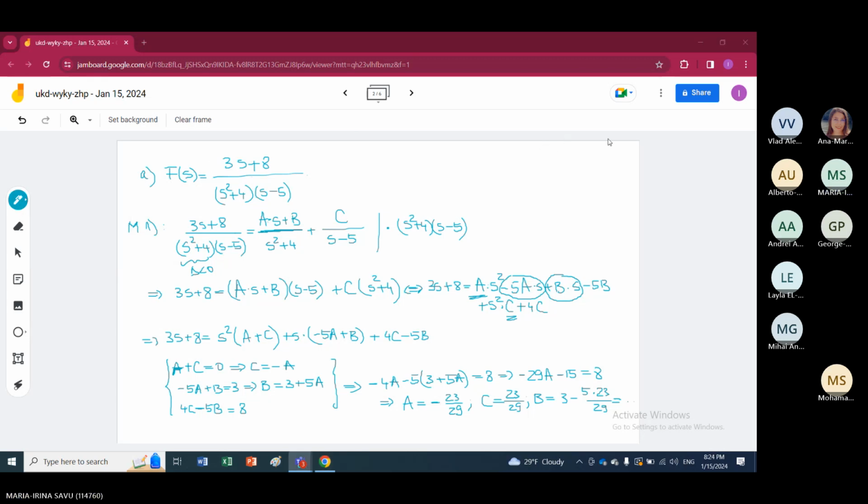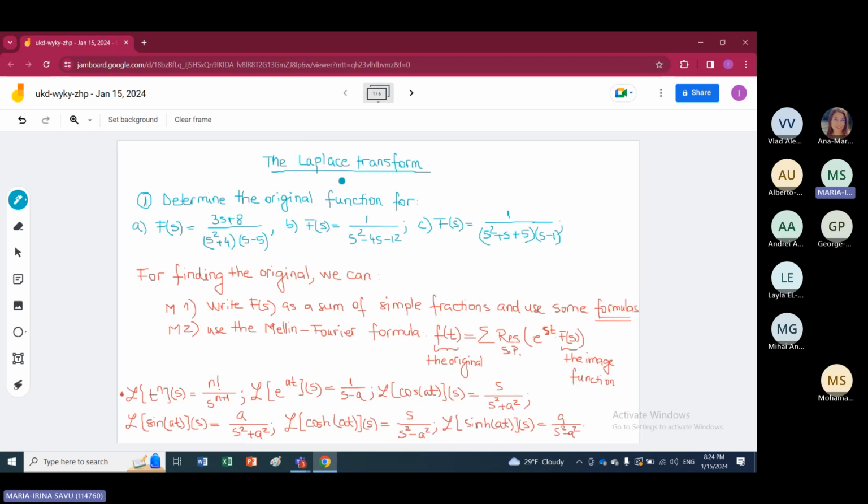Okay. Other questions here? Okay, so if you don't have other questions, please try to solve point B. I will give you 10 minutes to solve point B, and you choose the method that you want to use. Okay, choose a method and